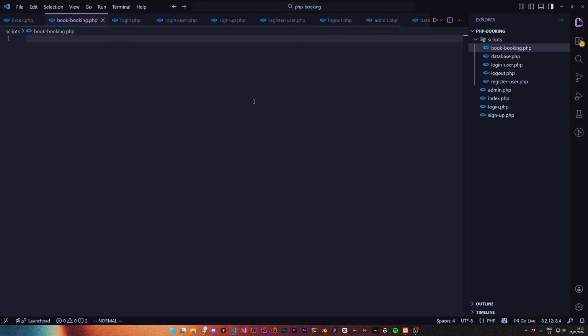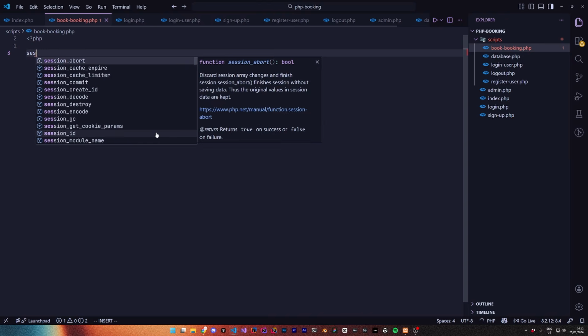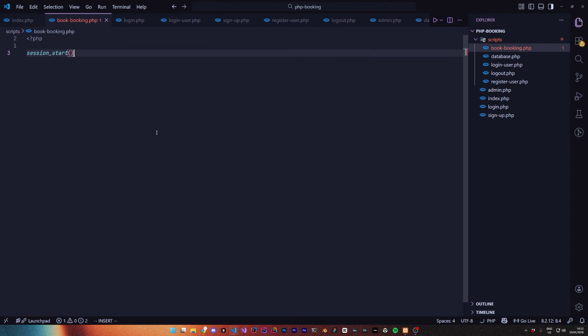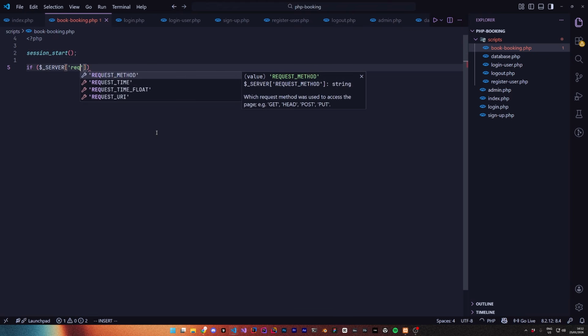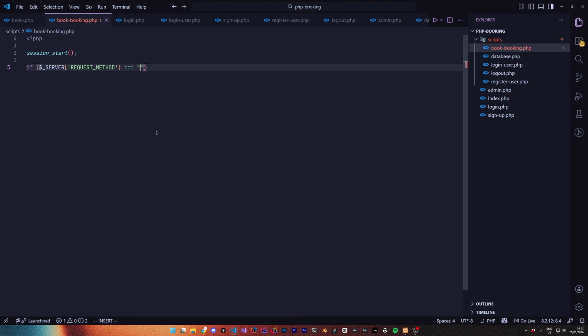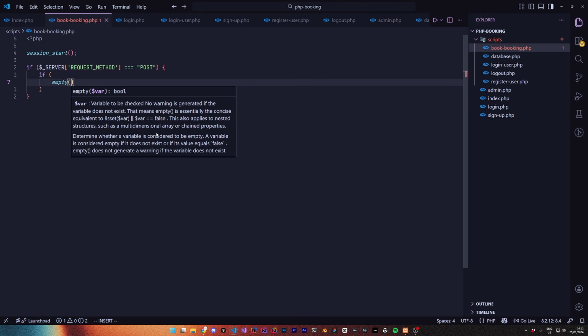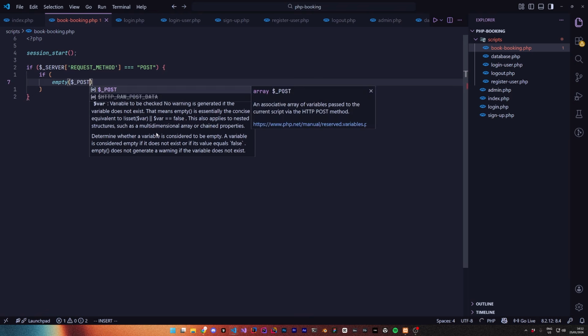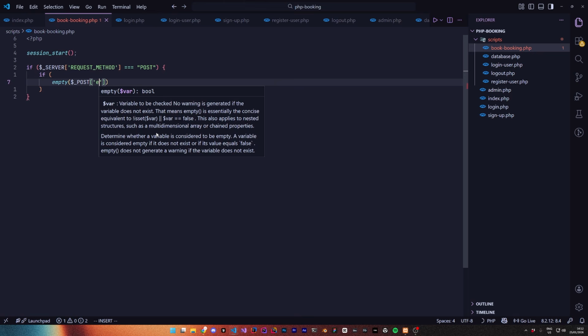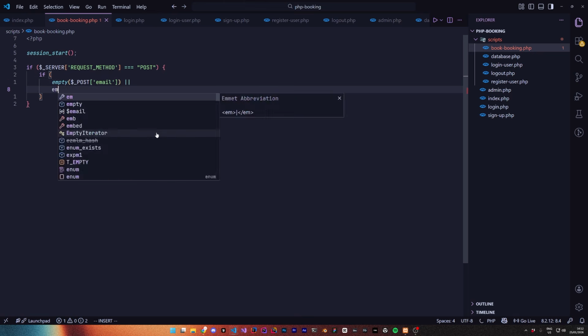book-booking.php. So we'll open up our PHP tags and start a session. Then we can check if the server request method was a post. Then we can do some validation, making sure that our inputs weren't empty, as they are required. So empty, post, email, or empty,